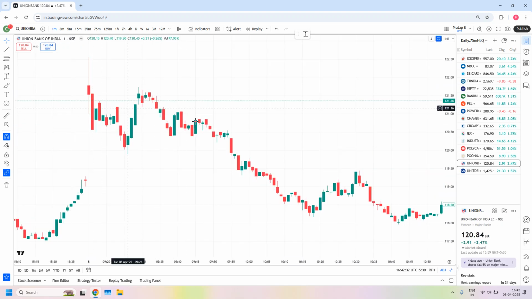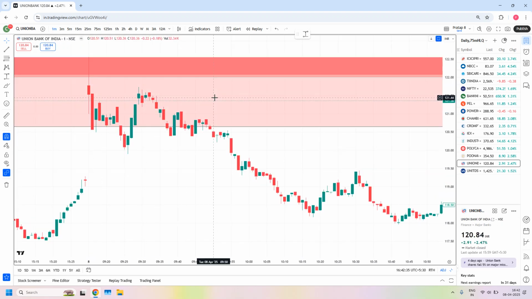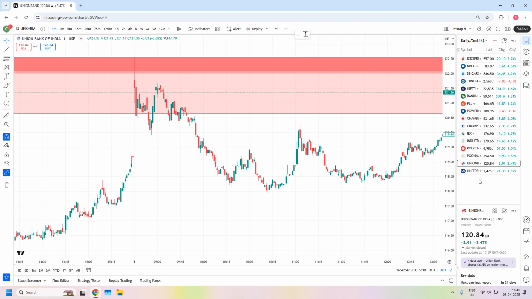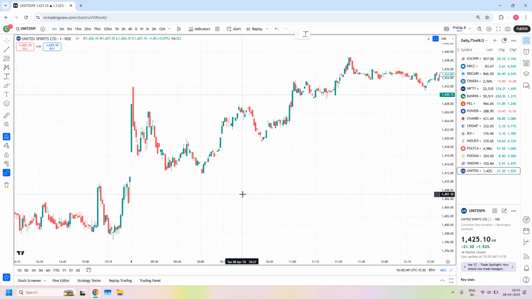Next one is Union Bank. This we already discussed. We supposed to get a good profit, but we didn't get the trade because it is a morning 9:15 candle. We didn't take any trade. And the last one is